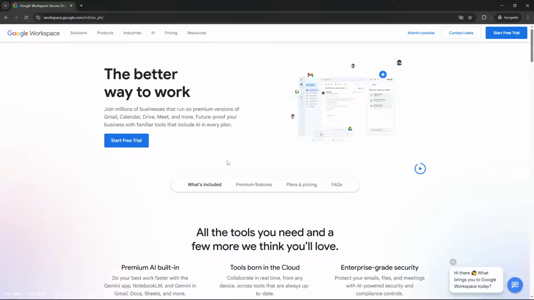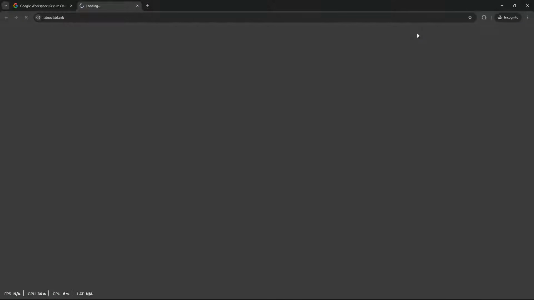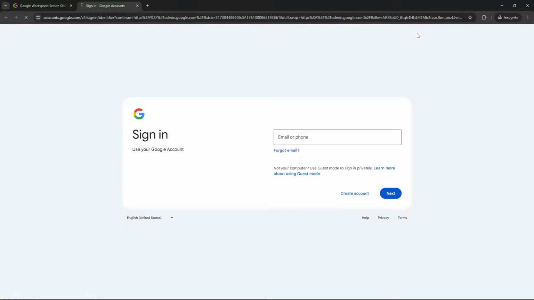Open your browser and navigate to admin.google.com. This is the direct gateway to your Google Workspace Admin console. Once the page loads, you'll be prompted to sign in as an administrator. Enter your Google Workspace Administrator email address and password. Make sure you're using your admin credentials here, not a regular user account, as only administrators have access to these